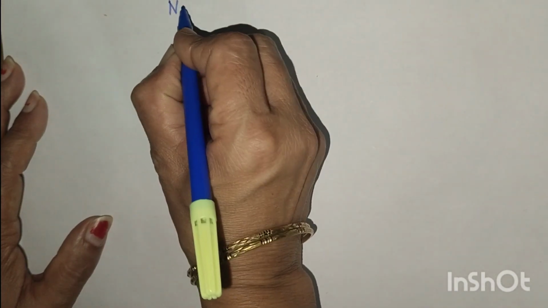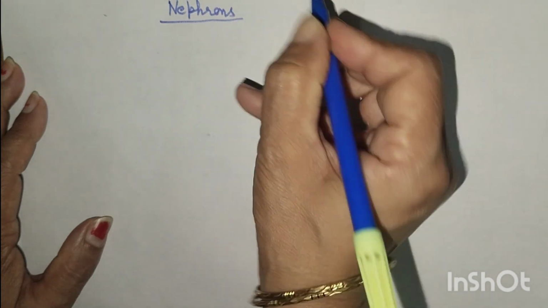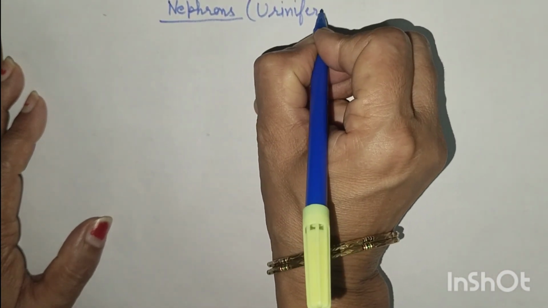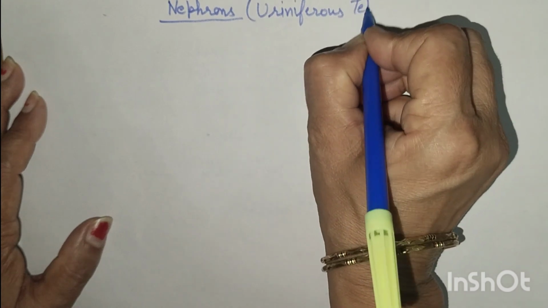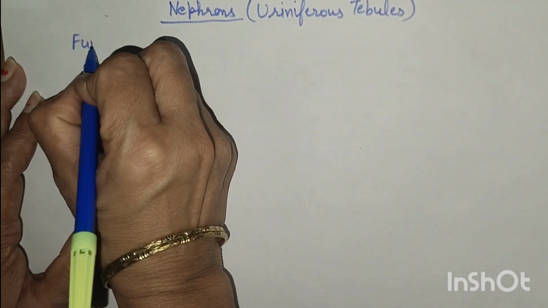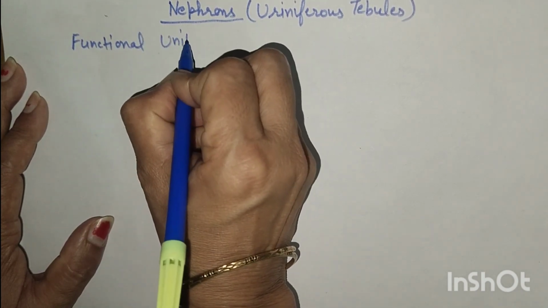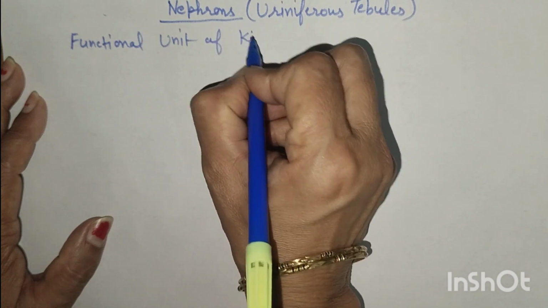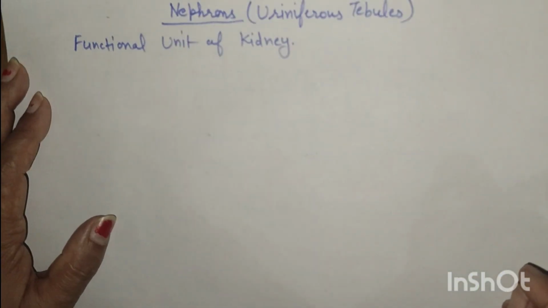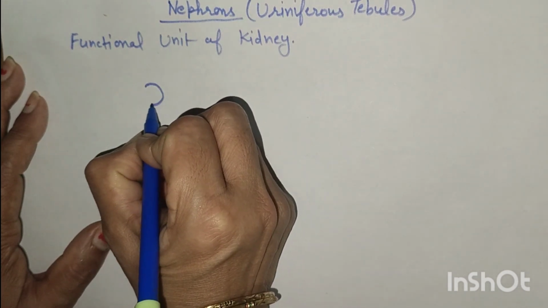Students, today we will discuss the nephrons, or uriniferous tubules. These nephrons are the functional unit of the kidney. These help in the filtration of the blood and remove the excretory products, and it starts from the